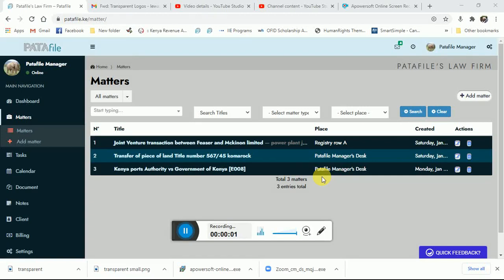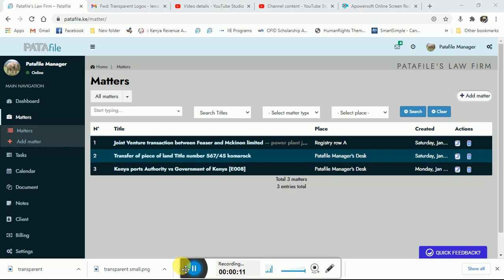Hi, so I want to show you how to generate fee notes. We are in business as lawyers and we expect that our clients would pay us, and pay us in good time and pay us good amounts of money so that we can continue serving them and pursuing justice on their behalf. So I want to show you how you document the kind of fee notes that you raise,